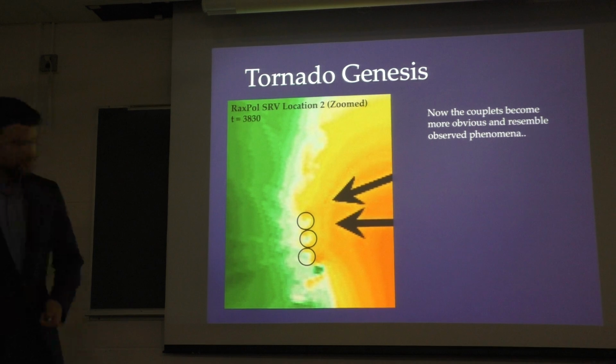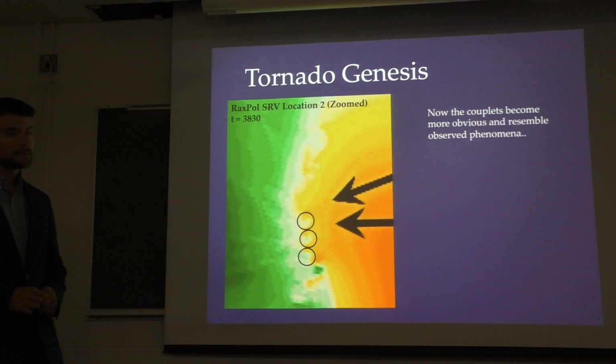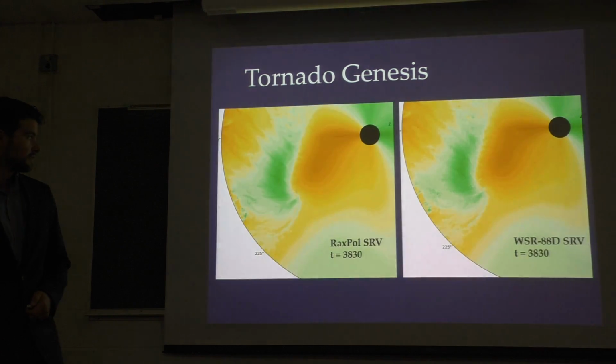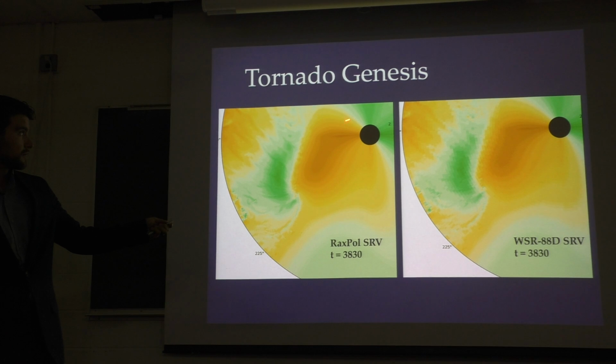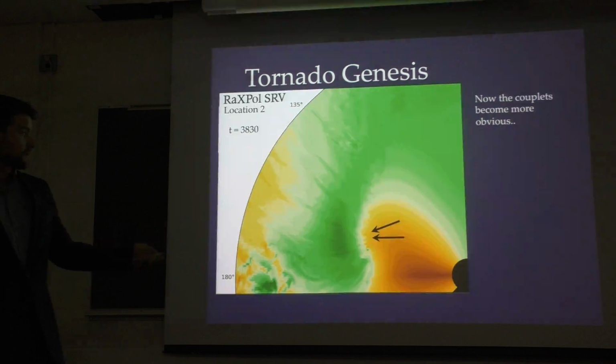And Austin, isn't partly that due to your color map choice? I mean, essentially when you change from storm relative to ground relative, you're sort of shifting around the color map. Well, in a sense. This is storm relative with the radar up here, and this is also storm relative with the radar down here. So it's the same data, just a different radar location. Fair enough.